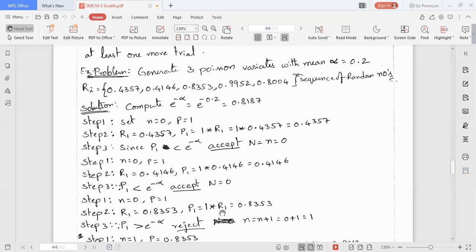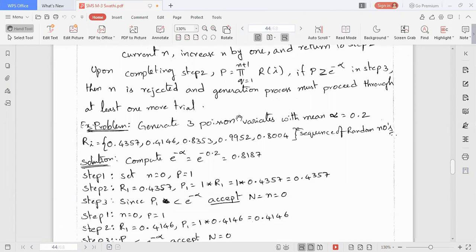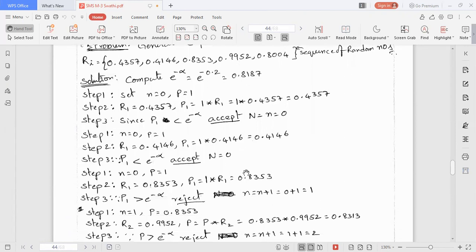And what we need to do: if the p value is greater than e power minus alpha, then reject the current n and increase the n value by 1. Initially, the n value is 0.